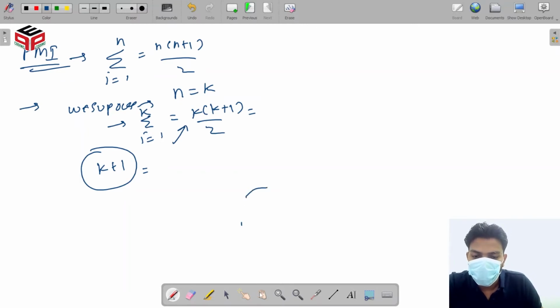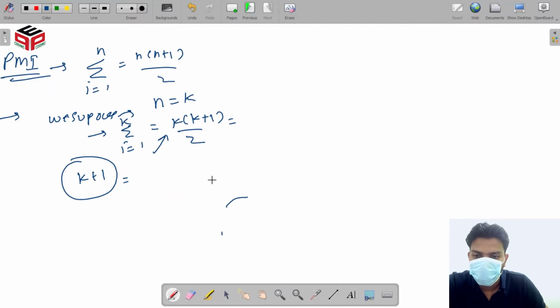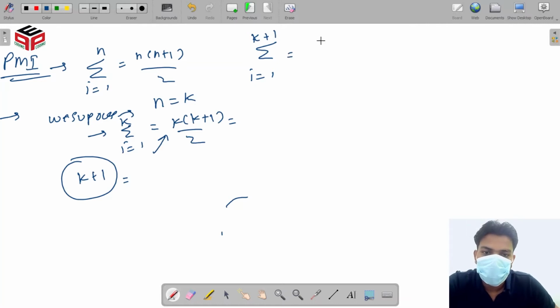So we are going to prove this formula here. Sigma i equal to 1, and we put k plus 1 at the k place, and we put k plus 1 plus 1 here. This is our RHS.